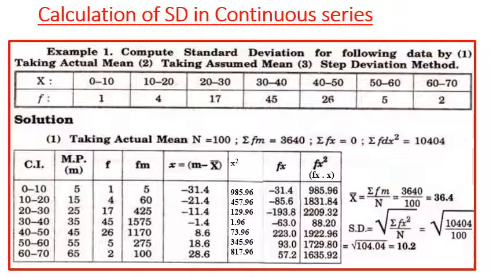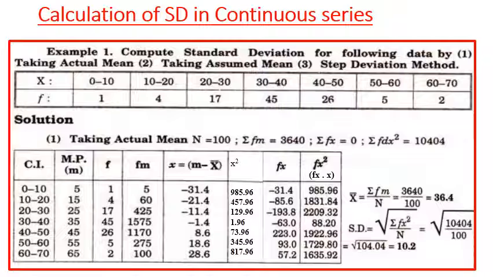This is the reason we use the assumed mean method, because here your mean is a decimal number, 36.4. So it is difficult to calculate the deviations, then the square of the deviation, then the multiplication of frequency and deviation, then the multiplication of the frequency and the square of the deviation. You will get all the numbers in fraction form. That makes the question tough, and to make your calculation easy, we are using the assumed mean method.